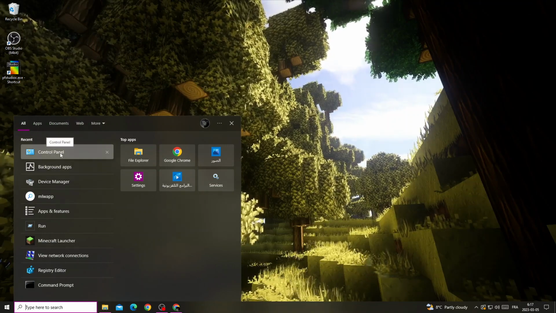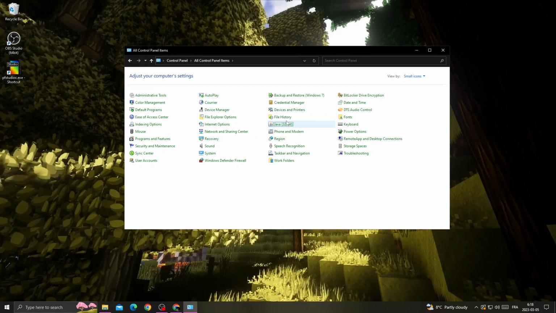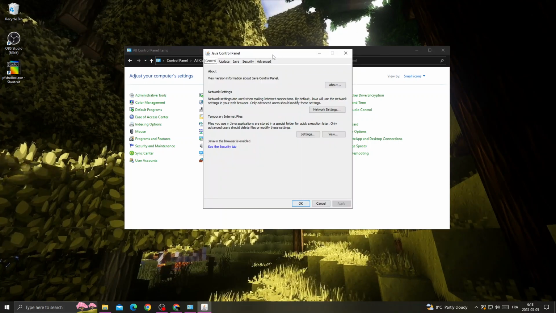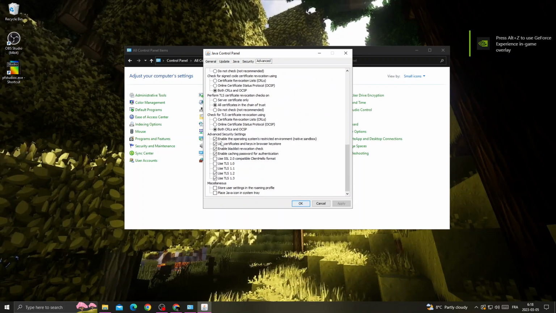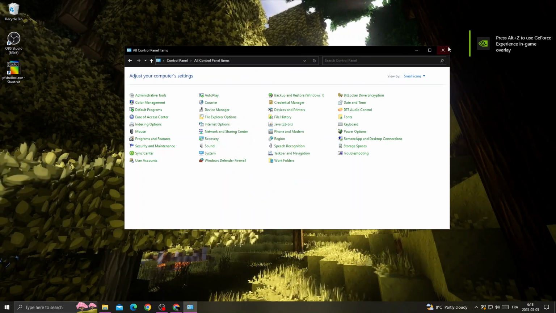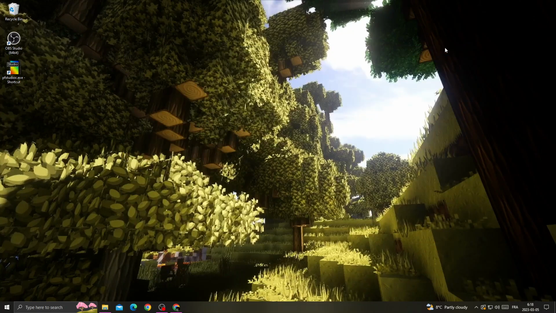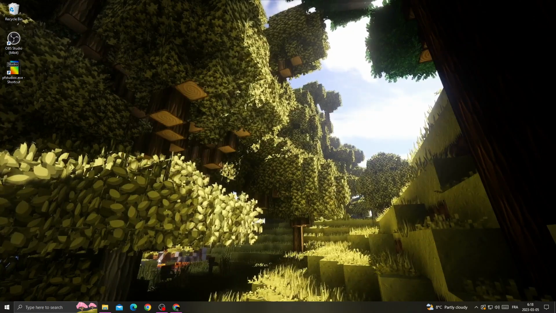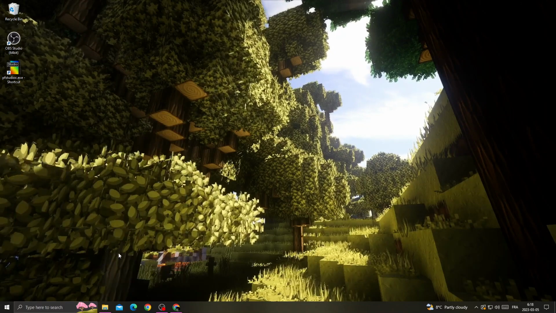Go to control panel, then if you find it like that, just make it small icons and then go to Java. Now go to advanced, scroll all the way down until you find advanced security settings and enable first option, then apply and OK. And after that, go back and then restart your PC and try again, and if that doesn't fix your problem,